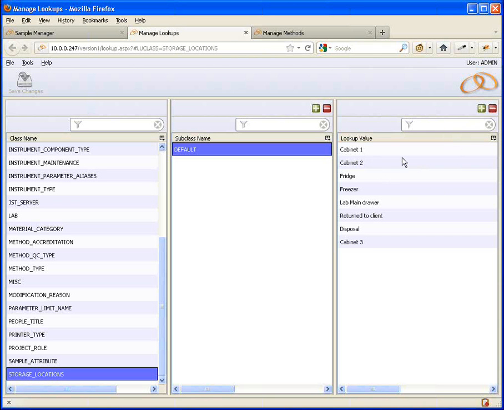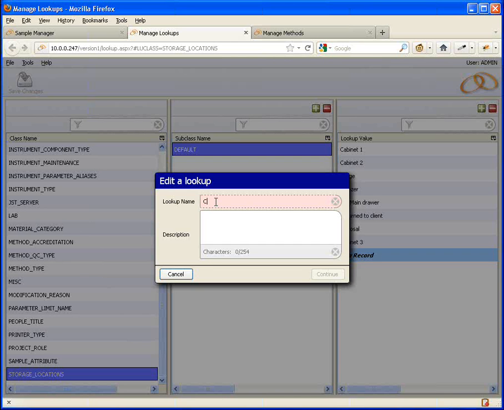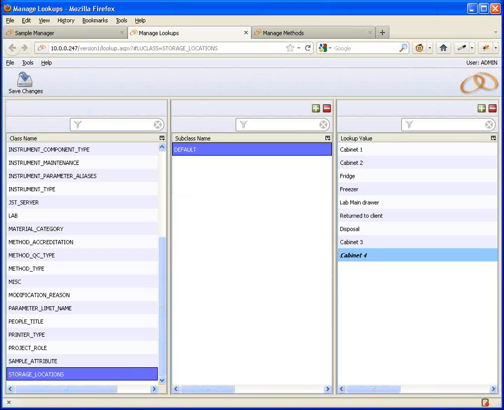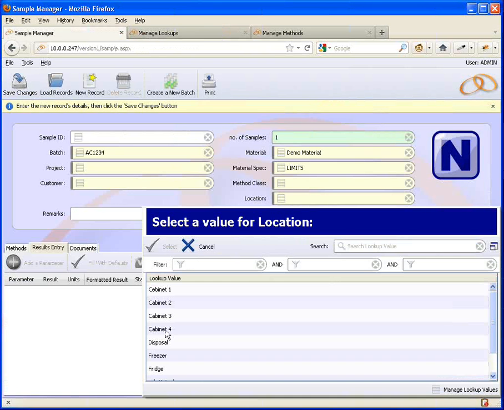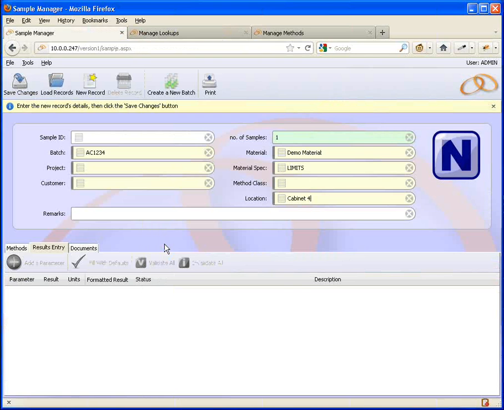If I choose to add a new one, I'll click on plus, I'll create cabinet 4, save my changes. If I go back to the Sample Manager and click on location again, cabinet 4 has now been added to the list. So that's managing it from within where your lookup is being accessed from. If I clear that and go again, just to recap, if you go from the Sample Manager, for example,